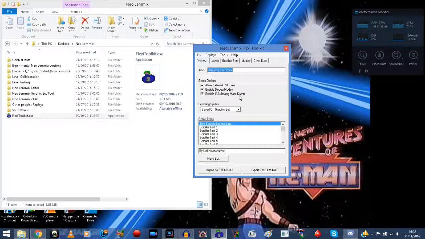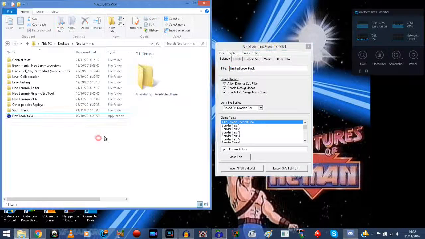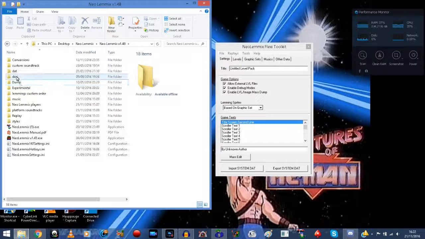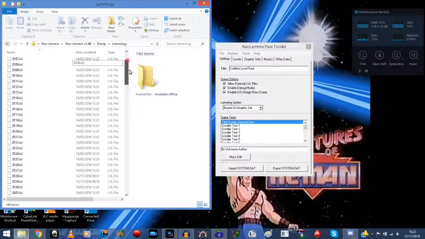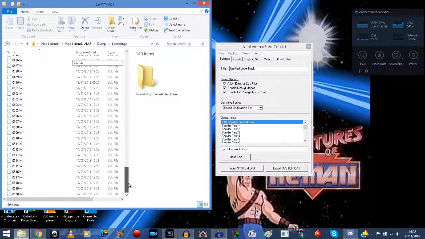Enable level and image mass dump. I'll explain what that means, because there is an option in the Neo Lemmix player to be able to export all the levels as image files or level files. If you go into my Neo Lemmix folder here, there's a folder called dump. And what I've done is I've gone into the Lemmings thing and got it to put all the original levels out as level files. So basically I've got every level in the original Lemmings there saved as a level file